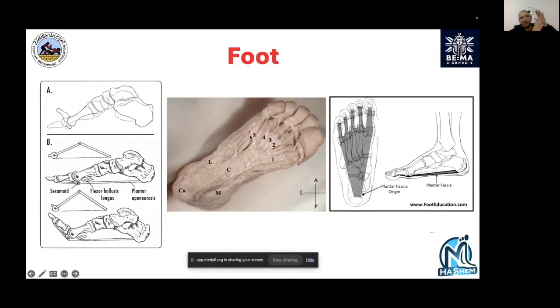Where they insert, they basically insert into the plantar aspect of the first MTP joint and the plantar aspect of the toes, and they produce the very commonly called windlass effect. And windlass